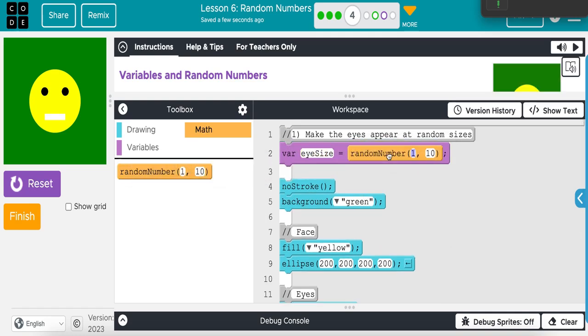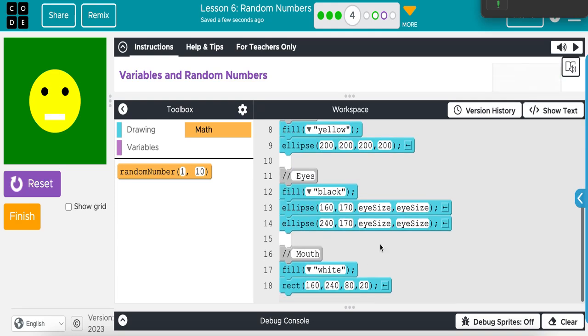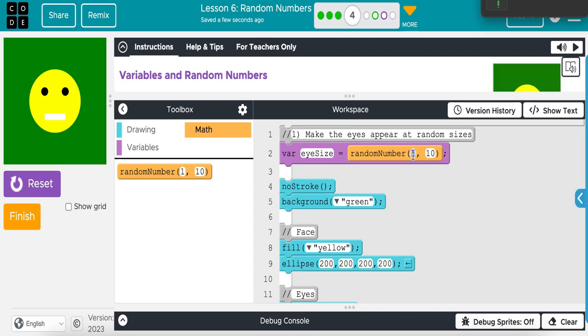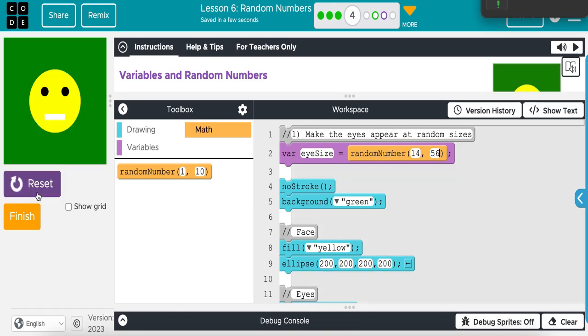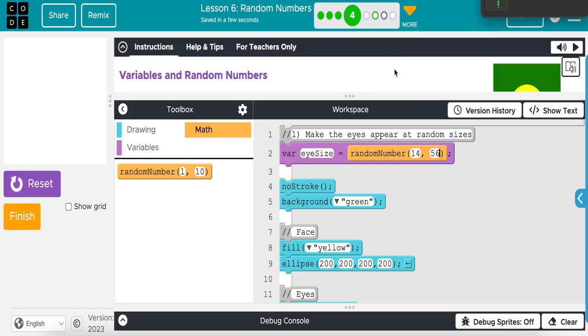This level kind of preps you for practice B with the flags that everyone struggles with. It's the same process. We create a random number, we store it in a variable, and then we use that variable later in the program to access the random number that is stored there. And there you have it. Moving on to